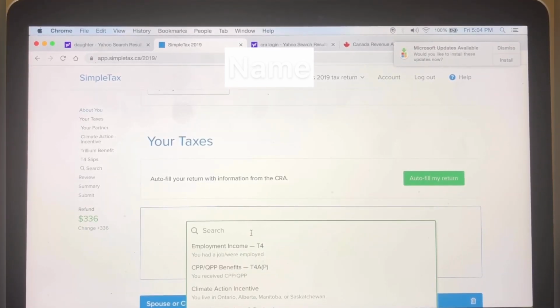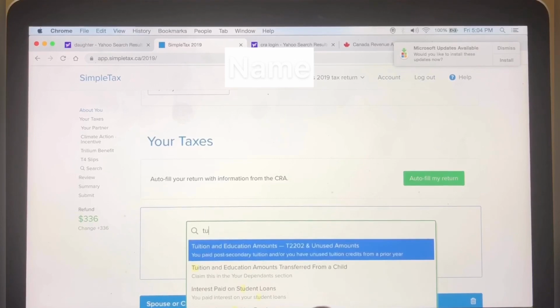After you're done with the T4, most of us like me in school, so we just do the tuition and education amount, which is the T2202, over here.